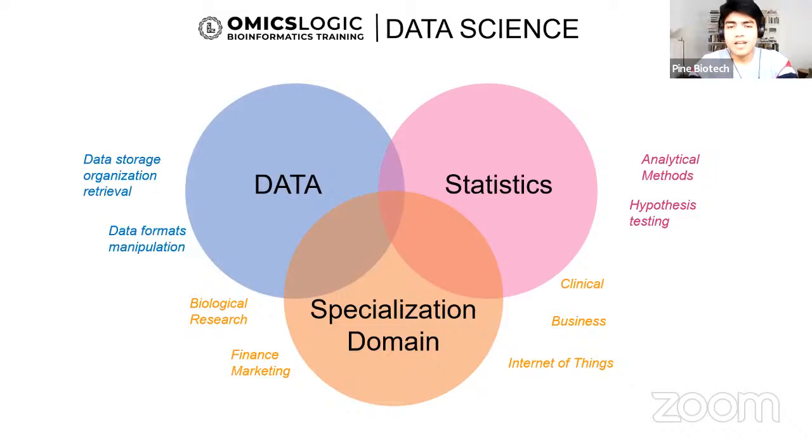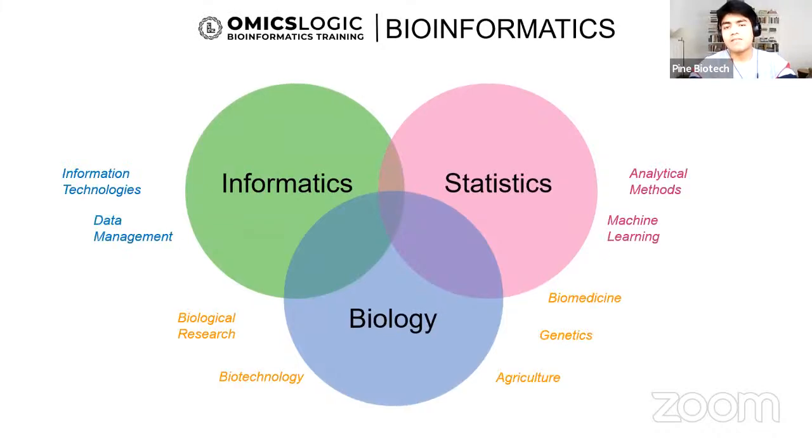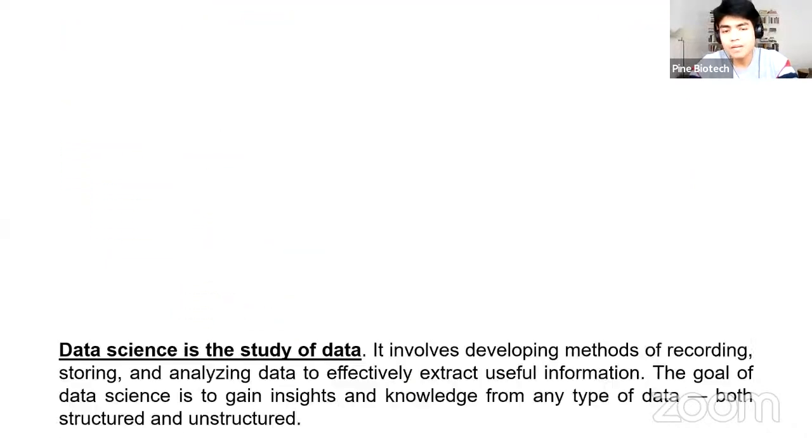And this particular science can be applied in biological application fields, which then takes the form of bioinformatics, where if we want to look at the various aspects, it would contain informatics, statistics, and the biological concepts. And finally, the application of various analytical methods and even machine learning into the omics technologies, which define the features of an organism, of a living being.